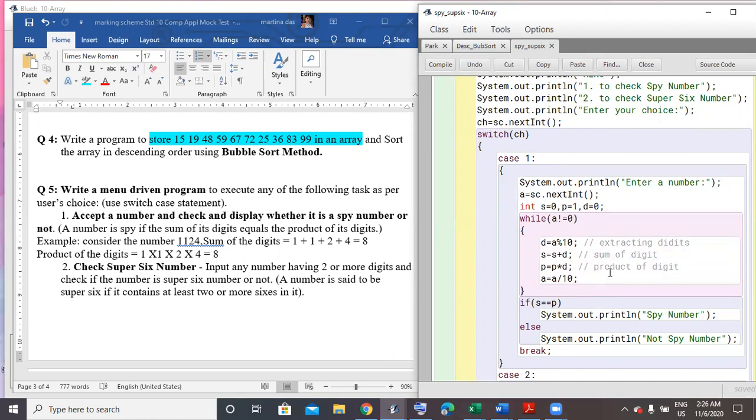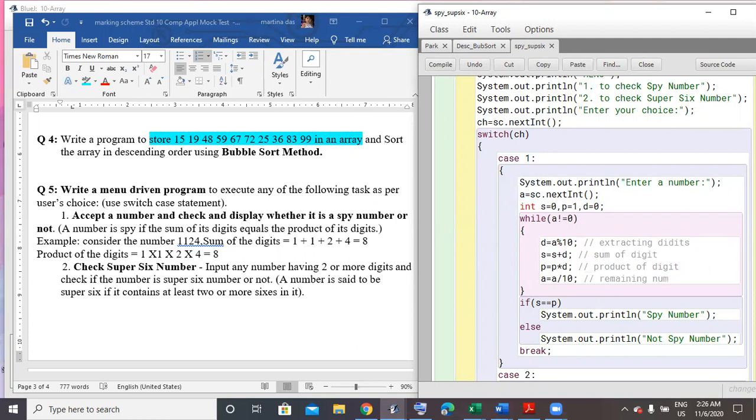And a equals a divided by 10 gives the remaining number that will be left. So using a while loop, it will be repeatedly continued till the number becomes 0. So over here, I'll get the sum of all the digits and the product of the digits also.